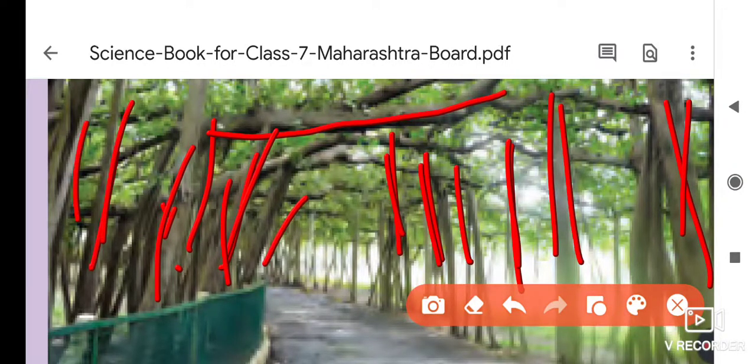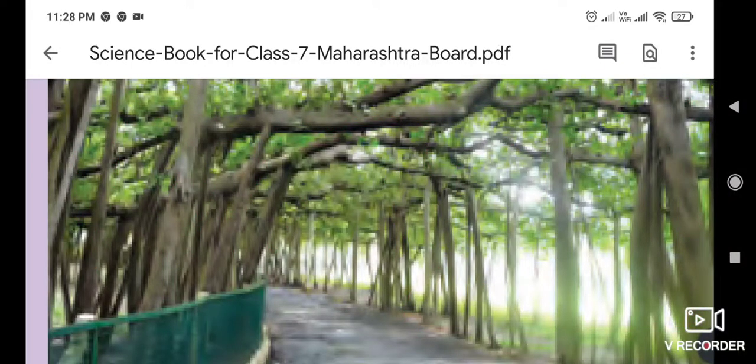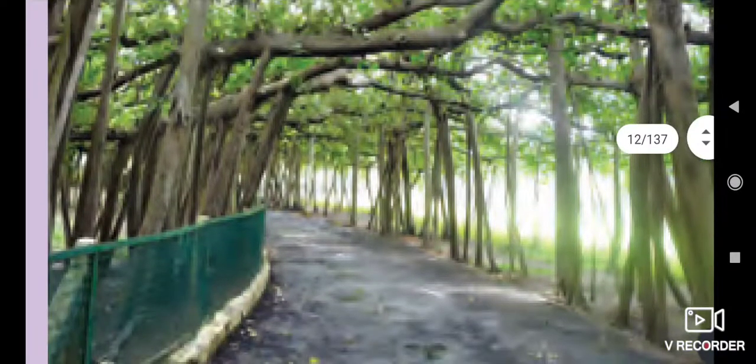This banyan tree is in the Indian Botanical Garden, Kolkata. It covers a very large area of the garden. It is supported by 1,000 prop roots.